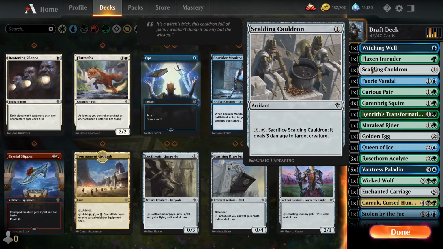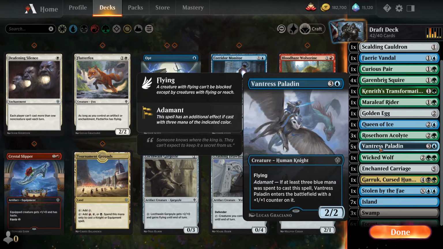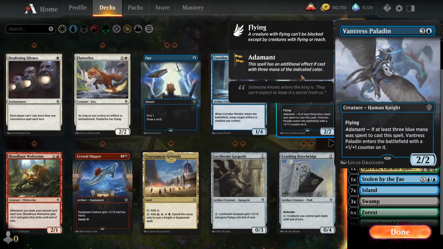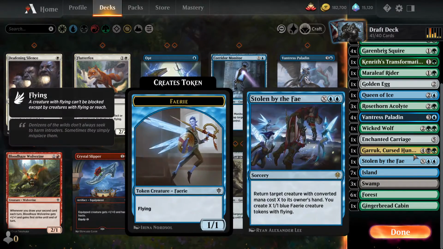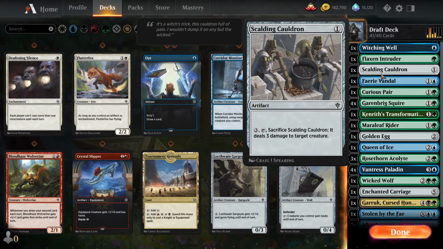I think I need this Cauldron in this deck, even if I don't really like it. So maybe 1 Vantress Paladin. 5 4-drops is enough, I think. So if I cut a more expensive card than this Cauldron and have 2.8 average mana cost, I think it's counting Stonebyre Fair as a 2 mana spell because of the double blue. It's not counting the X, and I need more mana for Witching Well, for Cauldron, because I want to sacrifice these cards,